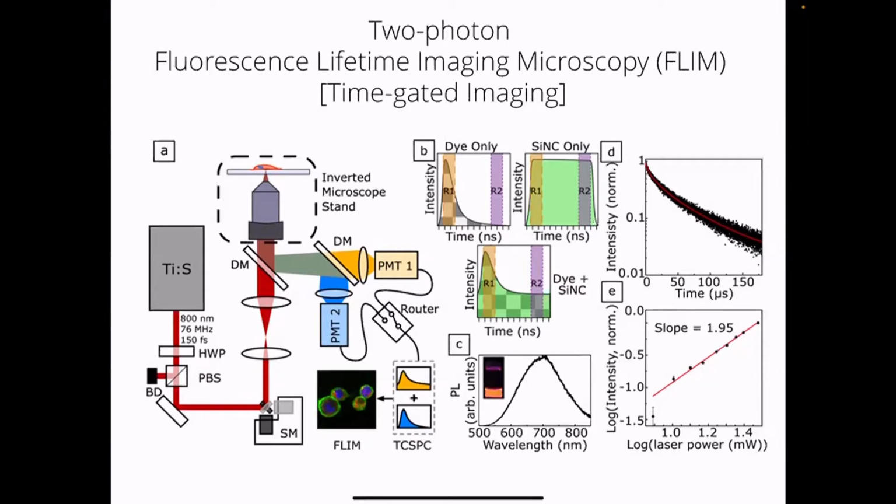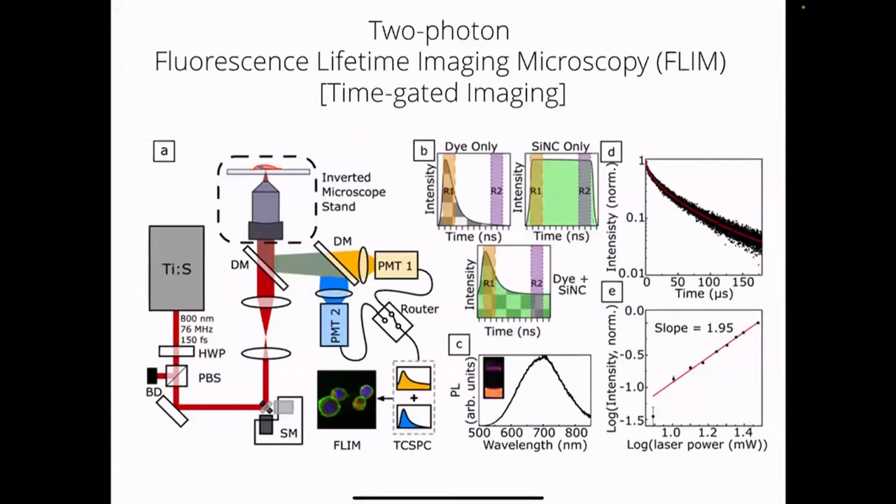These are some data where we've labeled some cells with silicon nanocrystals and 2 dyes of different color. The dyes have short photoluminescence lifetimes, nanoseconds, and the silicon quantum dots have microsecond lifetimes. When you're imaging, you can look by the time signature. This is a pulsed light source, and you can essentially look only for the long lifetime emission. Since the dyes have short lifetime emission, you can identify the silicon quantum dots